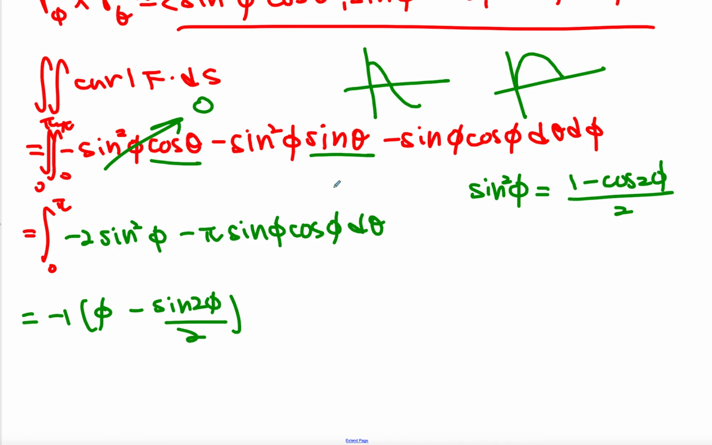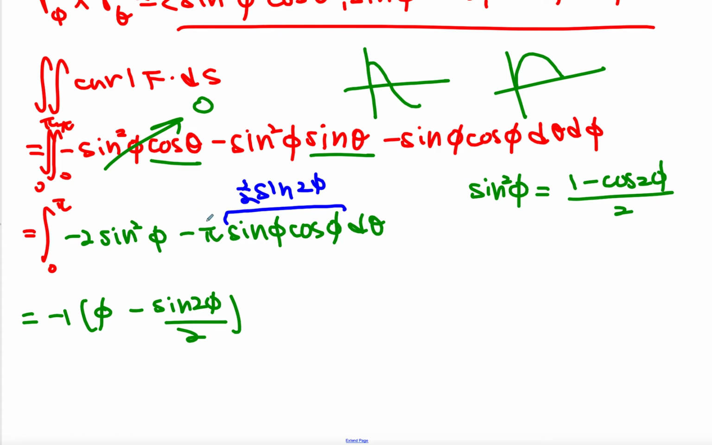And then this one, I'm going to look at this one as half of the double angle formula for sine. So in fact, sine of 2 phi over 2, 1/2, that's what this one is. So when I take the integral of this one, then what I end up getting is